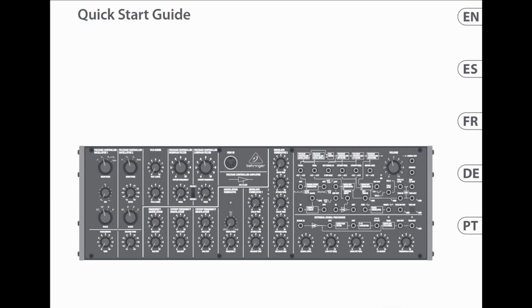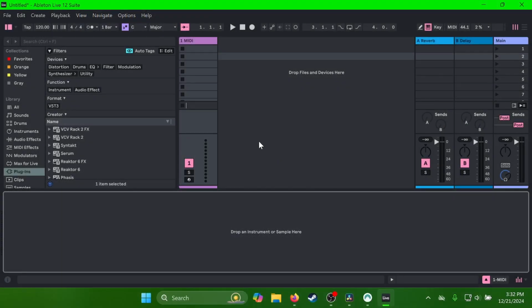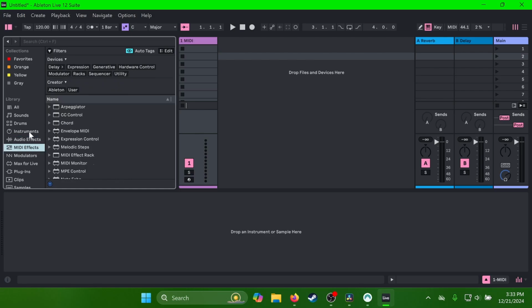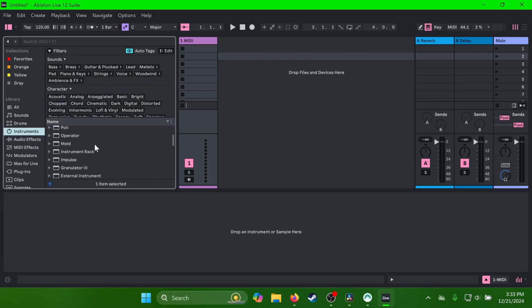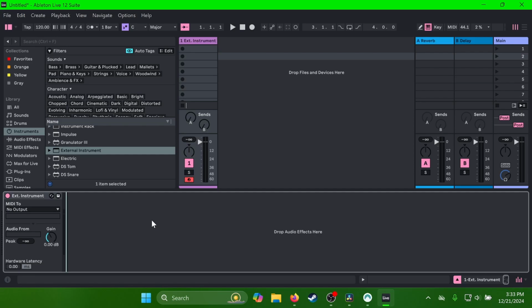I'm gonna start with just a quick little connection tutorial of how I use the device with, in my case, the DAW I use, which is Ableton. So now I have Ableton open, and I'm gonna show you how I connect it. I have an empty MIDI channel right here because I'm going to be using the device called external instrument. It's really handy. Unfortunately, I don't have the device with me because I'm on my personal laptop, but